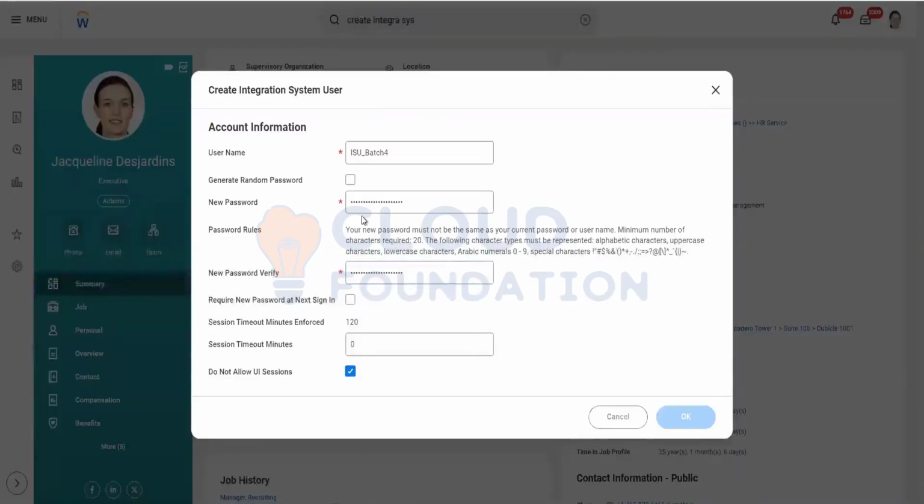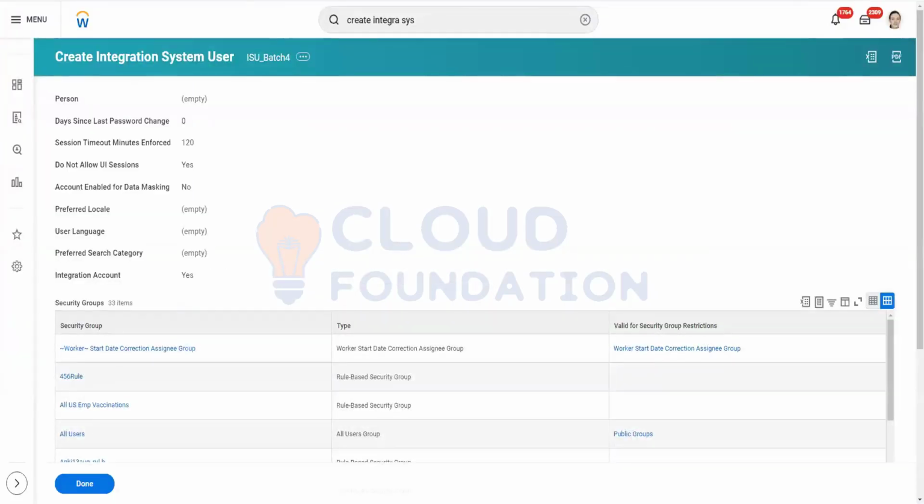Generally, 20 characters is something someone has configured in this tenant. That's why it is showing this. Now what I need to do is